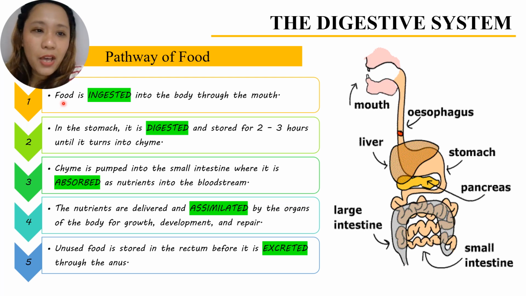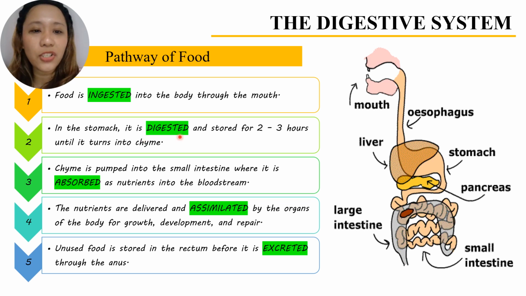This is the pathway of food in our digestive system. Magsiling pathway class, amo ni ang pag-travel sang food sa aton digestive system. Number 1, food is ingested into the body through the mouth. As you can see, ang food nagsulod diri sa iya, right? Pakadto sa aton nga stomach.